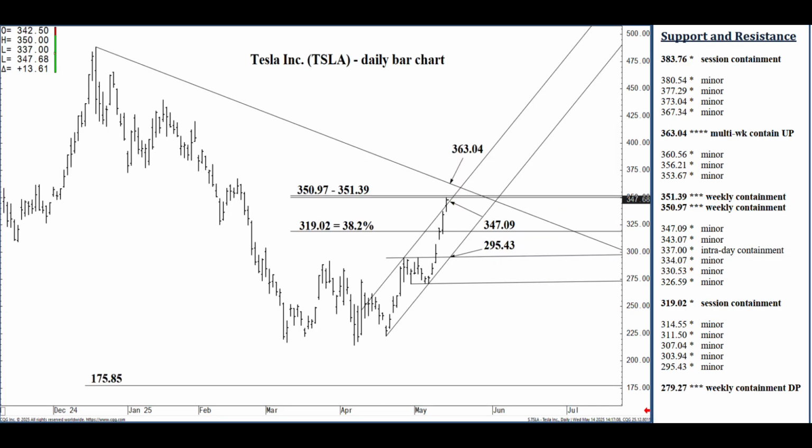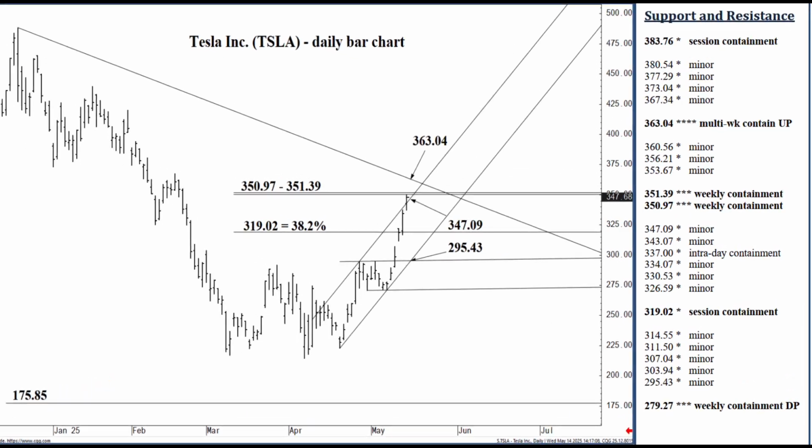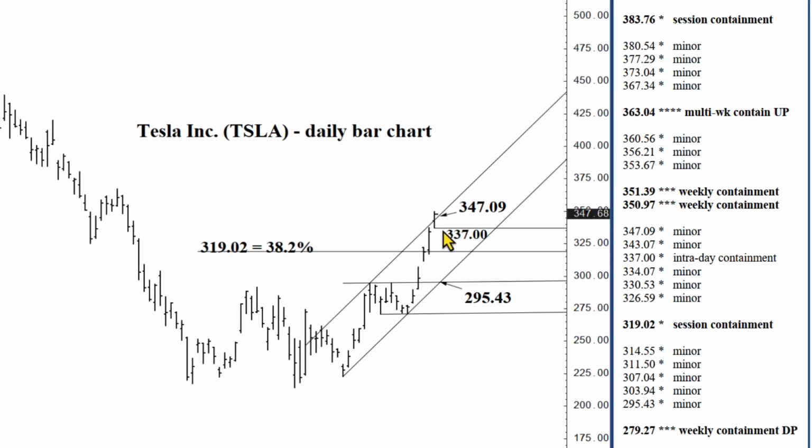I need to remind you of that. And so breaking 337.00 wouldn't surprise me today. I don't expect it necessarily, but there is a scenario. We open below 347.09, this channel top. It holds early in the morning. We break to 337.00, and then it doesn't hold. We violate 337.00, break it,